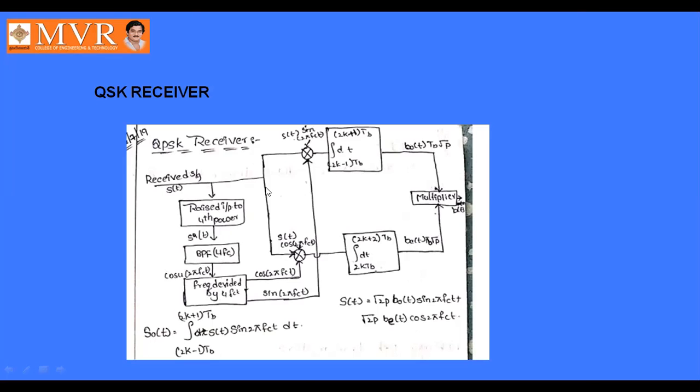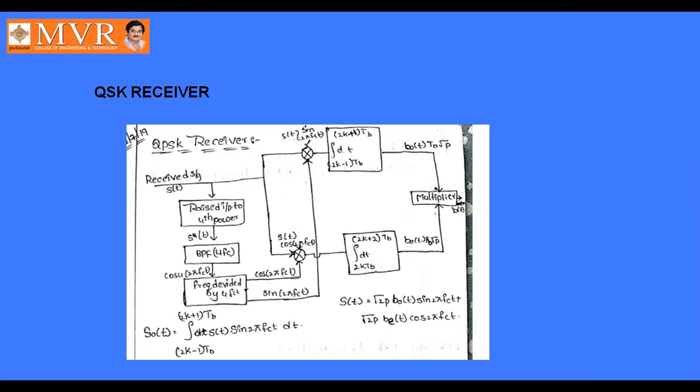The same receiver applies for M-ary PSK. M-ary PSK means raised to the mth power, S power m of t. The band pass filter center frequency is mfc, and the frequency is divided by m, giving fc, like that. That is M-ary PSK. But in QPSK, quadrature means 4, so we raise the input signal to the fourth power, S power 4 of t. The band pass filter center frequency is 4fc and the frequency is divided by 4.